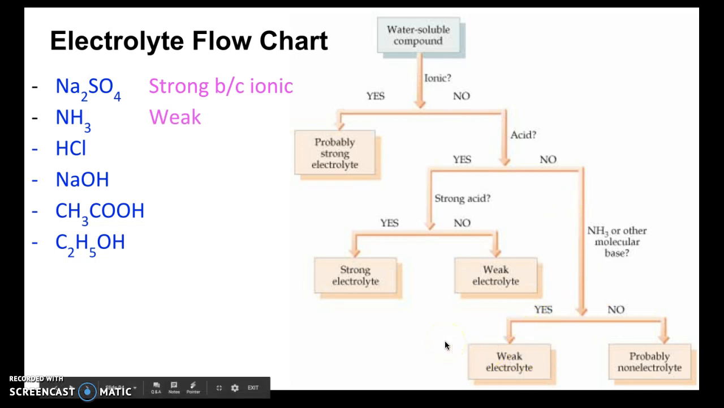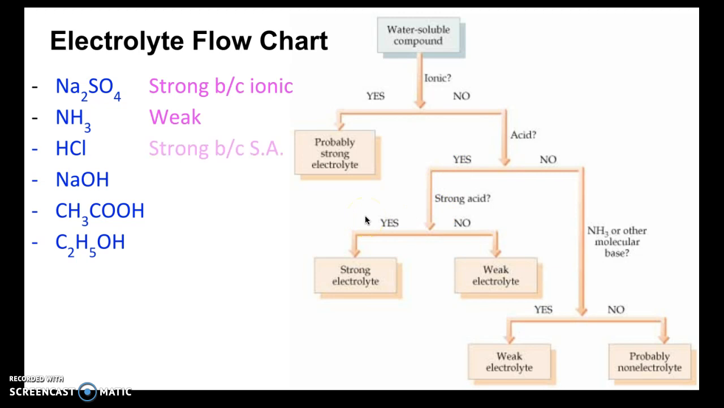HCl, what is that? Well, it's not ionic. Is it an acid? Yes, it is. And it's a strong acid? Yes, it is. So that means it's a strong electrolyte because it's a strong acid. NaOH, so that's an ionic compound, and it also is a soluble one because it's a group 1. So it's strong because it's ionic, but it's also a soluble ionic. Next one,